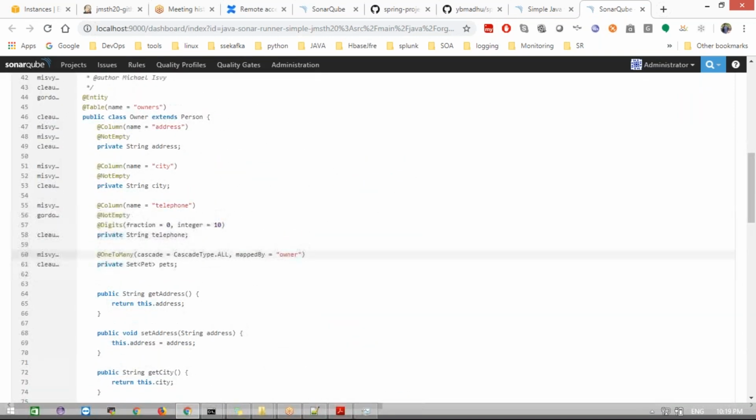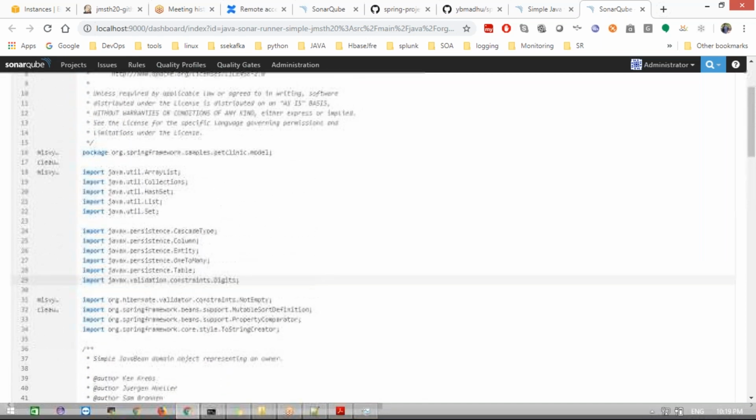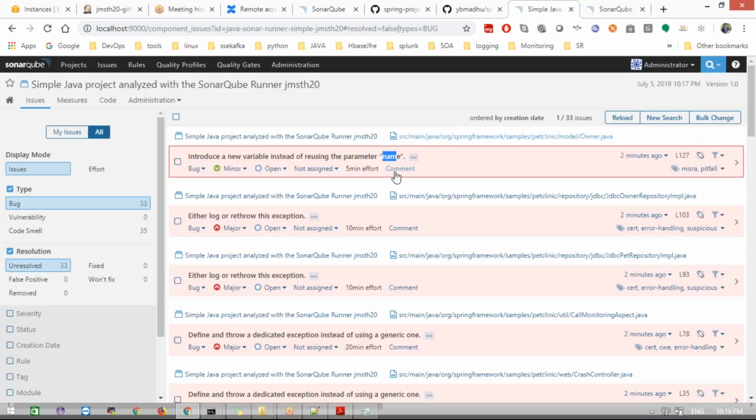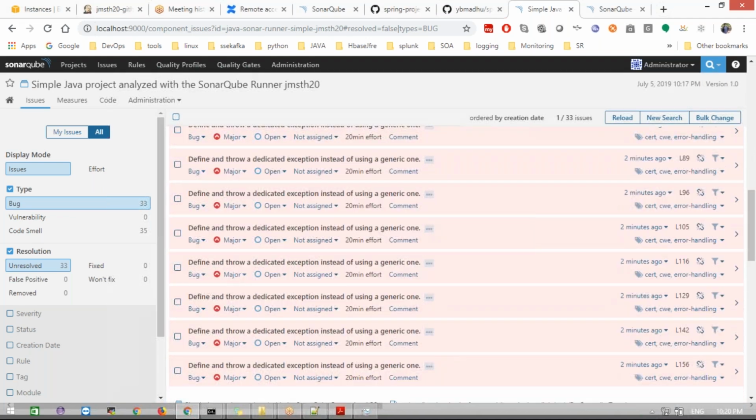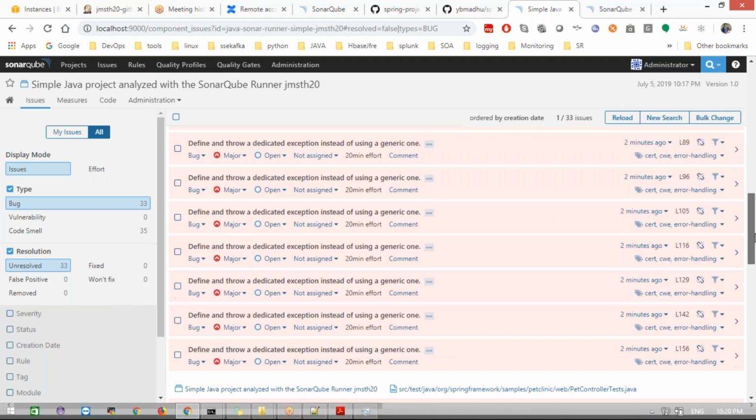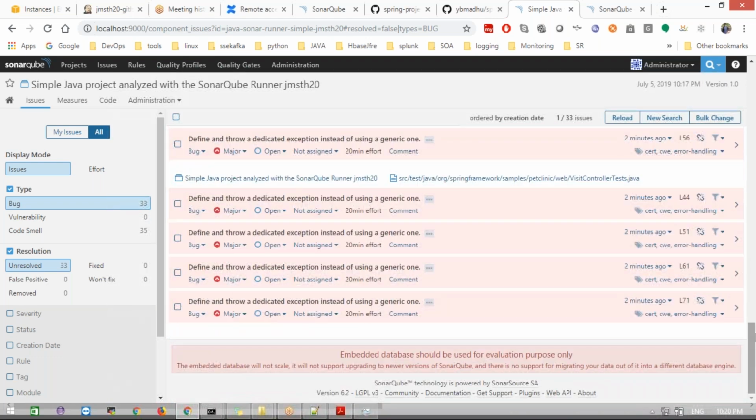The developer will understand this, no worries, they will take care. Like that, they will create a ticket for it, a major ticket or minor problem and so on. Based on that they will commit changes and assign it for the particular purpose, and they will tell whether this is a bug or vulnerability or code smell. If they want to, they can comment on this. From the next time onwards, the major things will come here, already saying that this is a major issue, and they will take it out.